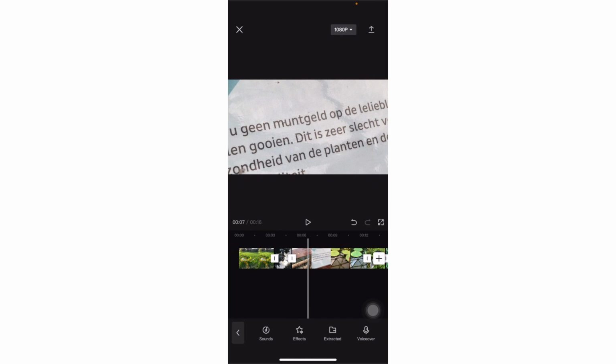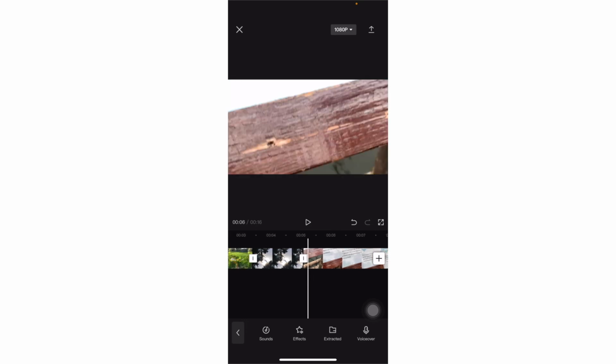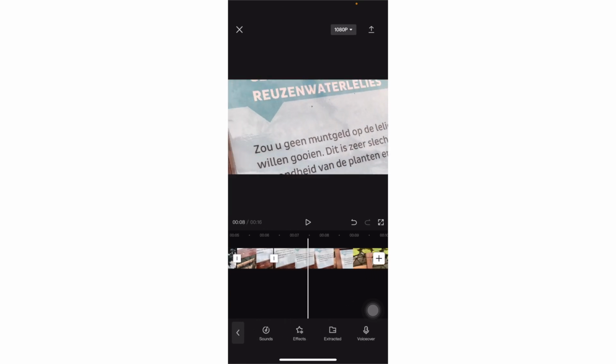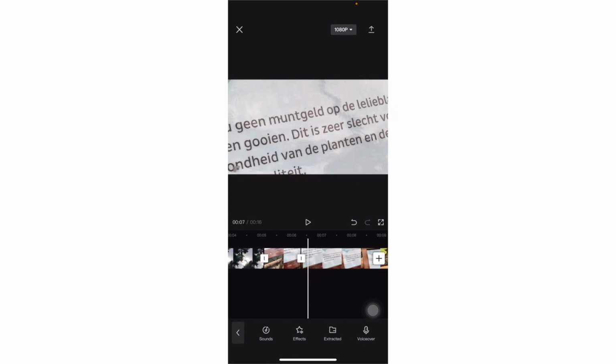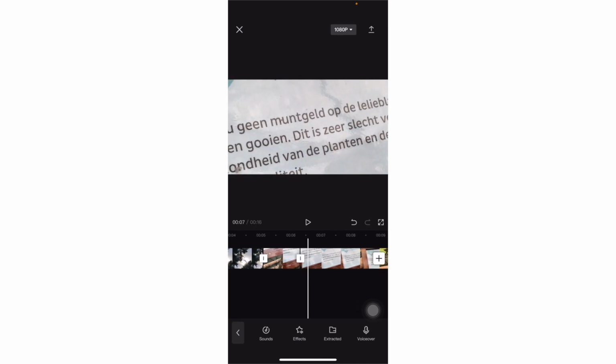What I can do then, first I use my 2 fingers to zoom in a little bit on the timeline, is I put the cursor on the place where I want to end the first part of this shot, and that's right here. So the cursor is in the right place. This is where I want to cut. I select this part of the video and I go to the left bottom to split. And now this piece of video has been cut in 2. But you don't see it if you play the video, because nothing really happens. The only thing that happened is that a little knife was put right through it.